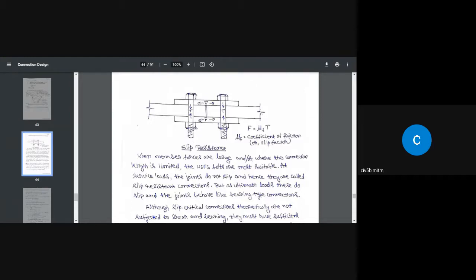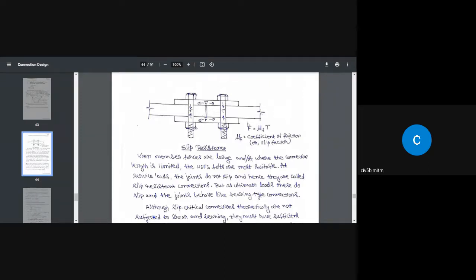Then we tighten the bolt using the nuts so that the bolt will be subjected to tension. Once it is subjected to tension, that is going to apply compressive force on these two plates. Once that is tightened to the desired extent,